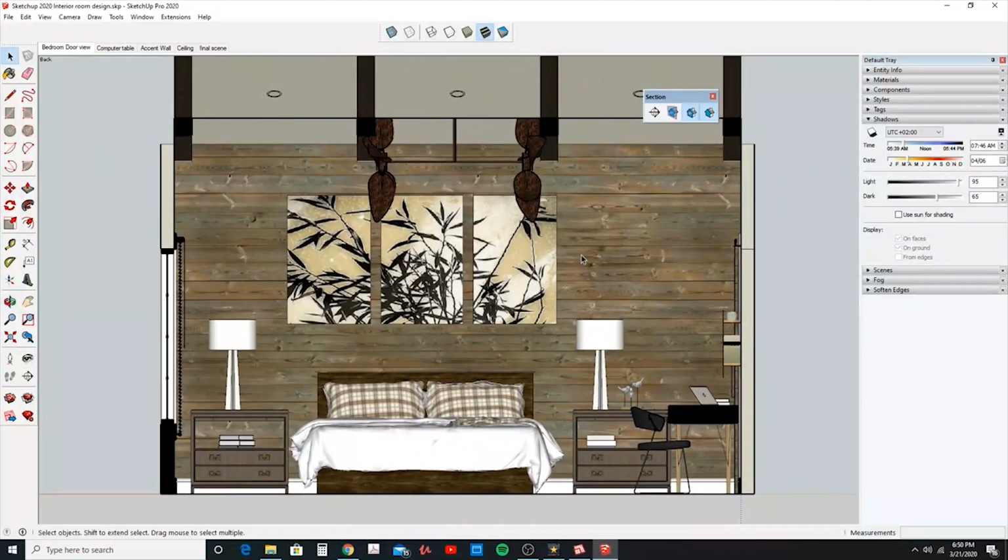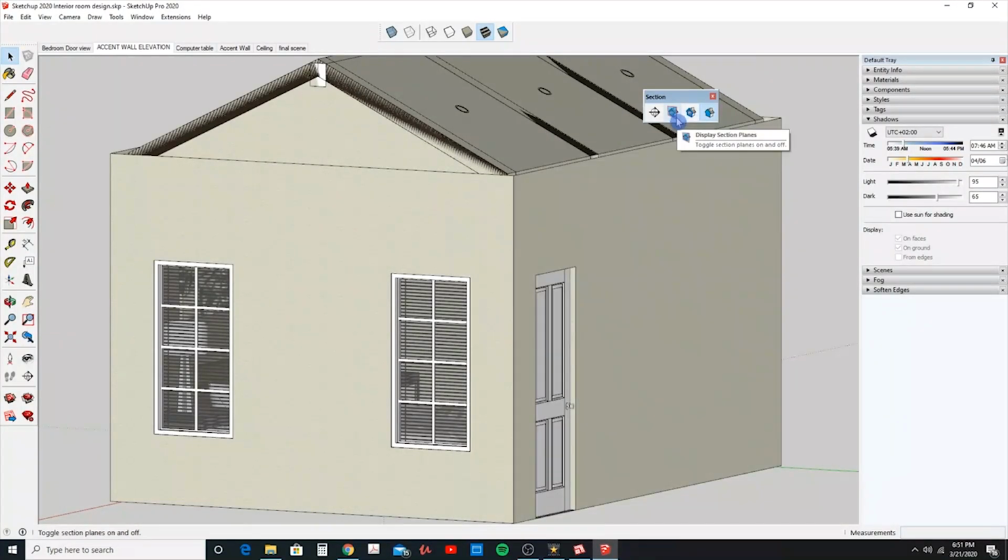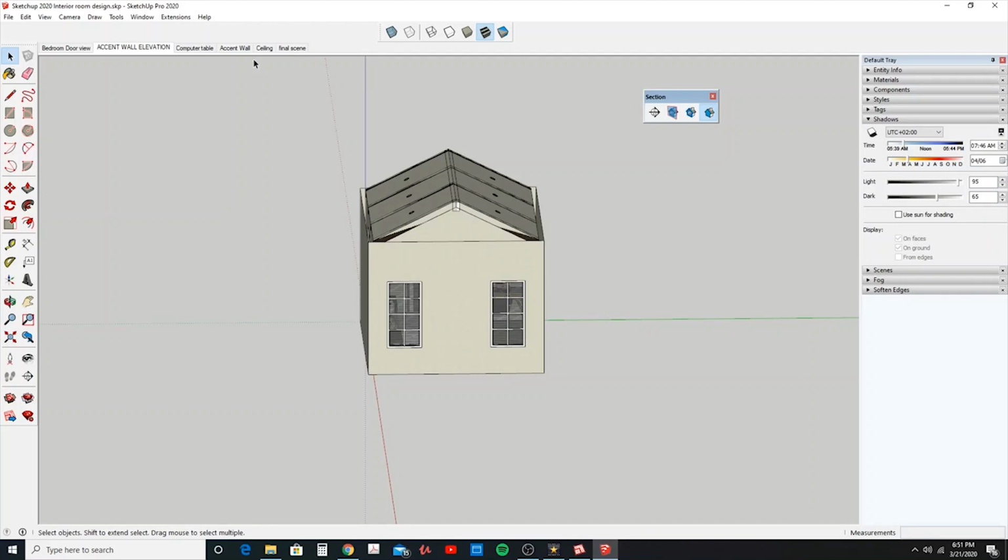So there I have just this really straight on view, and I could hit add, and I could add that, and we can rename this our accent wall elevation, and we can go ahead and do that for each one of these. So to deactivate that, I would just click that right there, and let's go ahead and create another section, and